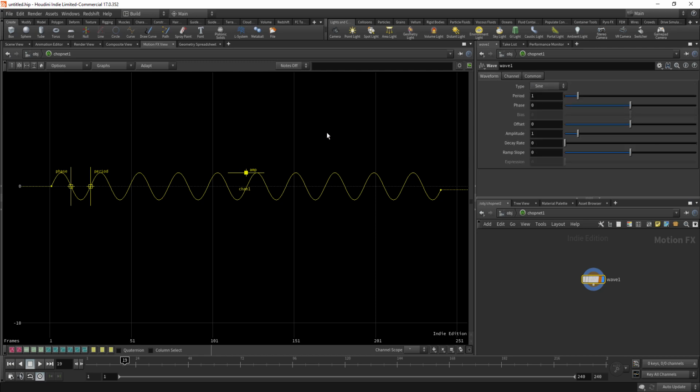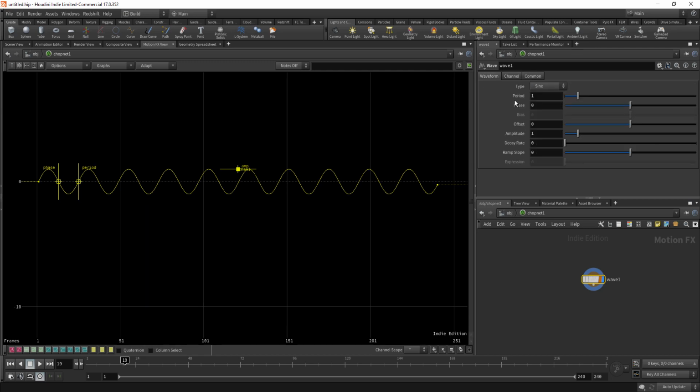Okay, so it's one second per oscillation, but let's visualize that better. Let's set our timeline from 0 to 24, and as I'm working at 24 frames per second, we have exactly 1 second of channel here. And as you can see, although it has only 1 second, my motion effects still displays the whole